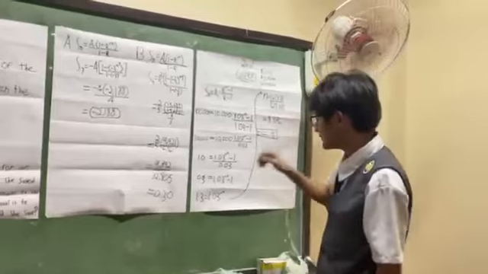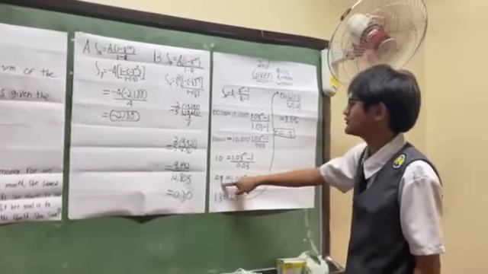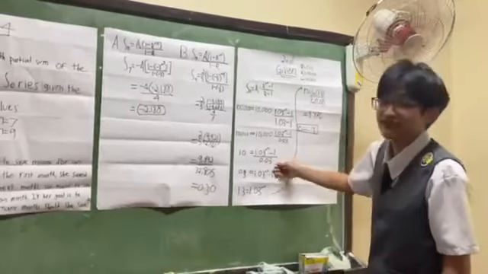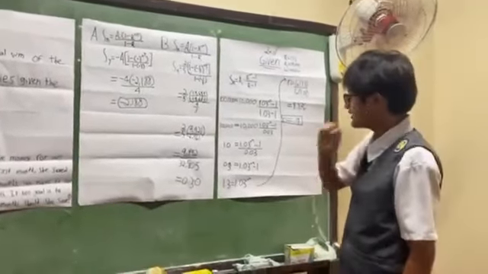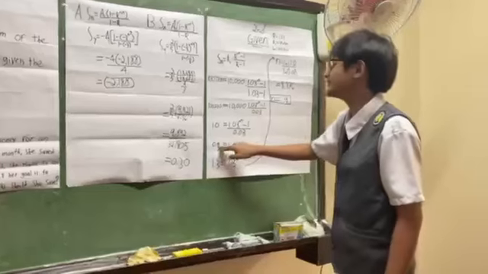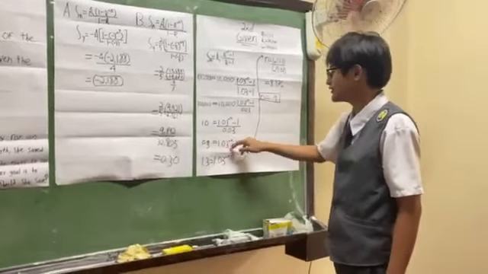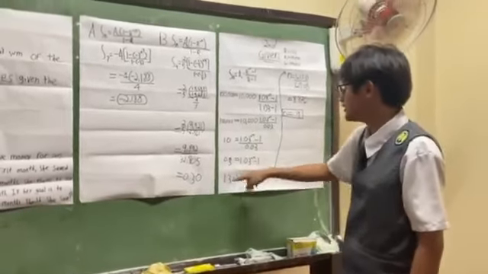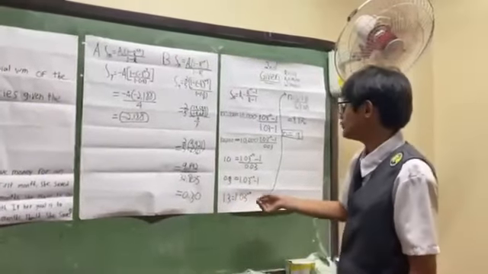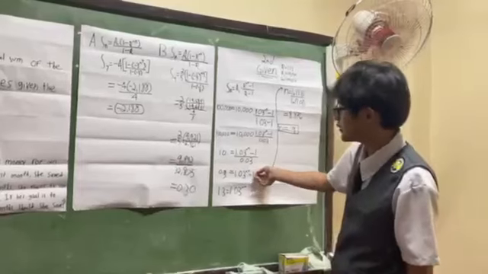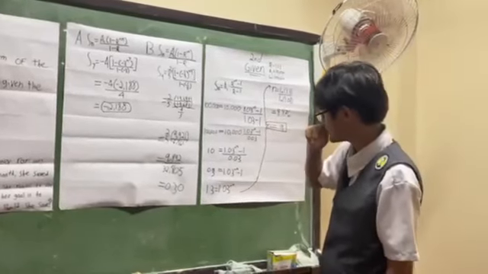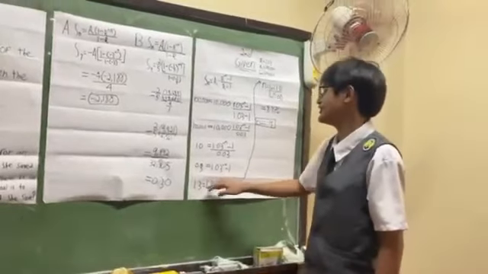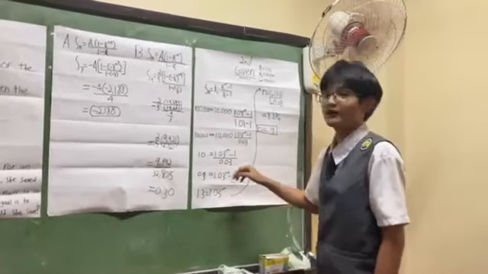Next is, to get this number, we must multiply 10 by 0.03, this decimal. So we get 0.3 is equal to 1.03 to the power of n minus 1. Now, next step is, to obtain this number, we must add 1 over this number to get 1.3. So 1.3 is equal to 1.03 to the power of n.